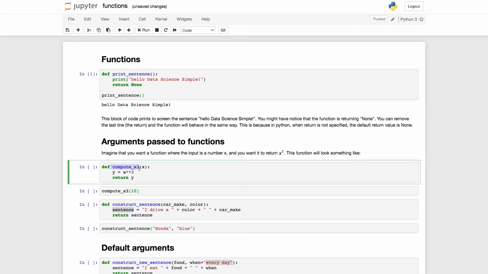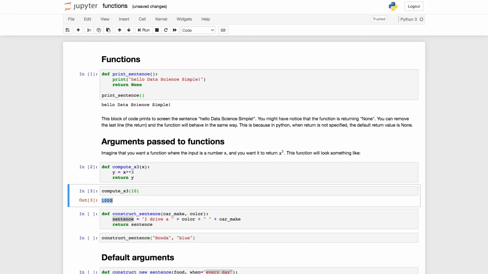It's called computex3. It's taking a variable x, then makes a variable y equal to x to the power of 3, and then returns y. When we call it, in this line of code right here, we're passing the number 10. Therefore, we should get 1000 back,